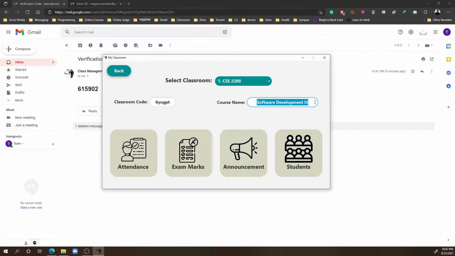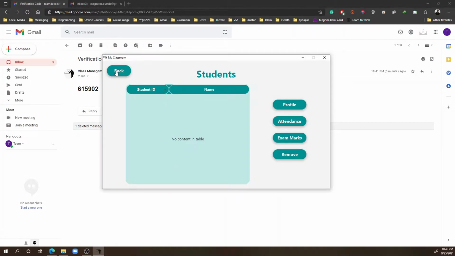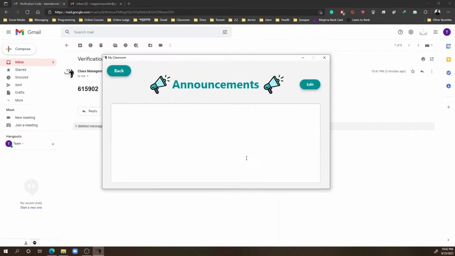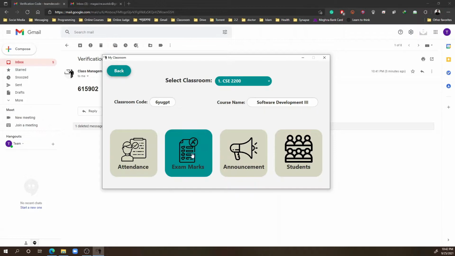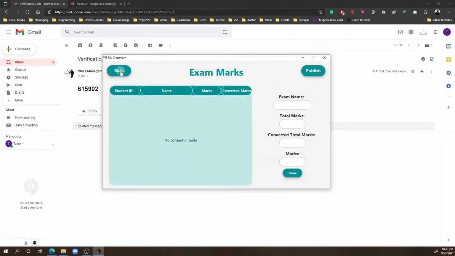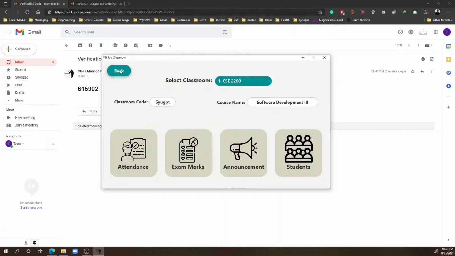Students can join with this classroom code. Currently there is no student, no announcement, no exam marks, and no attendance. Here is the classroom code. I copied the code.